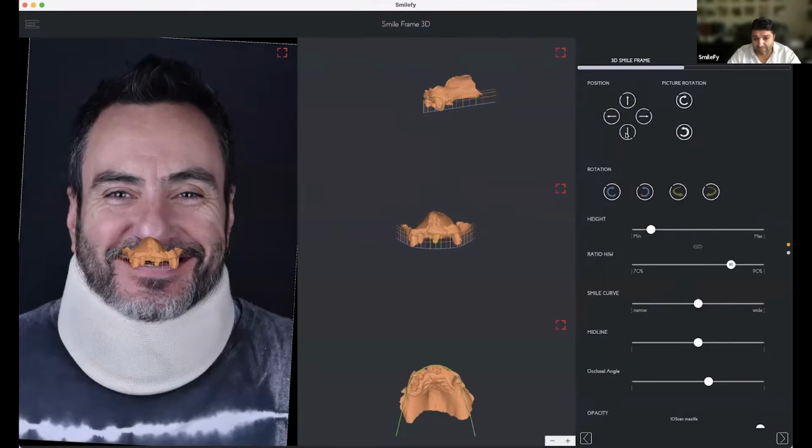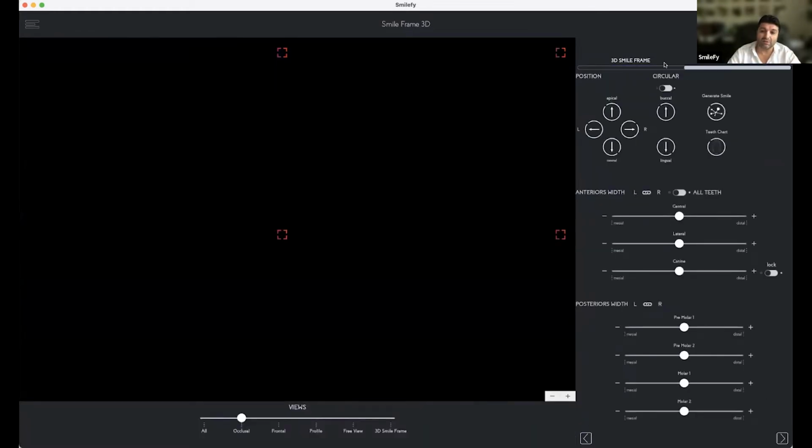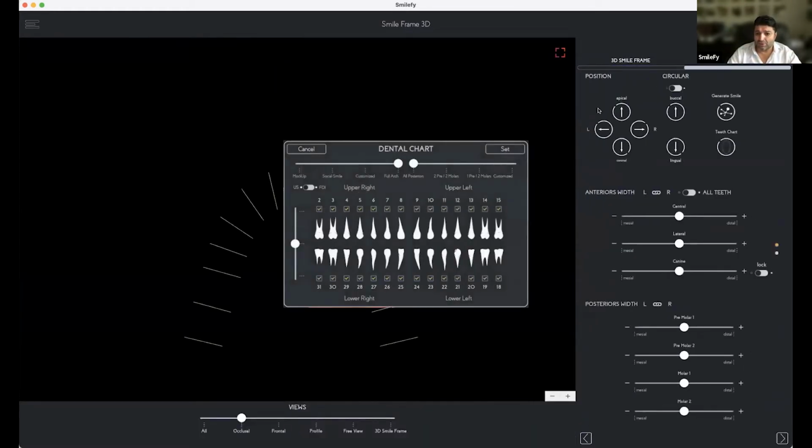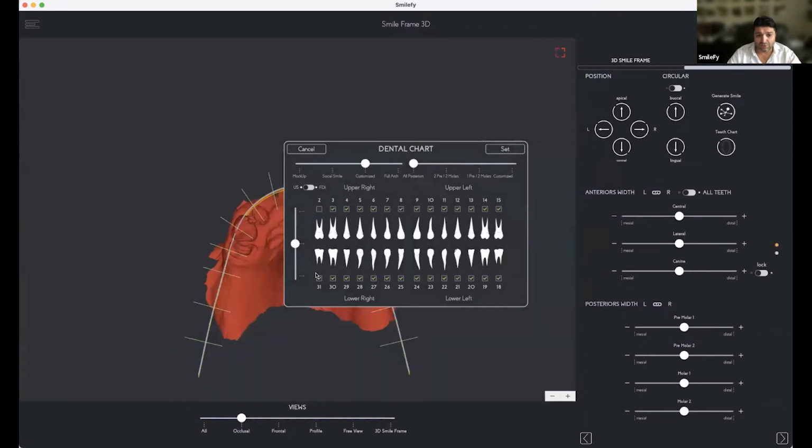And I'm going to bring, yeah, I think this is fine. You see, it is something that we just need to do one way or the other. There is no way we can make a right decision right now based on the material that we have here. So it's just the starting point. Good. So we're gonna choose full arch.